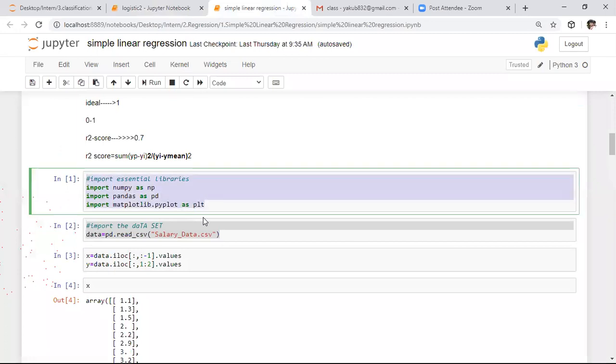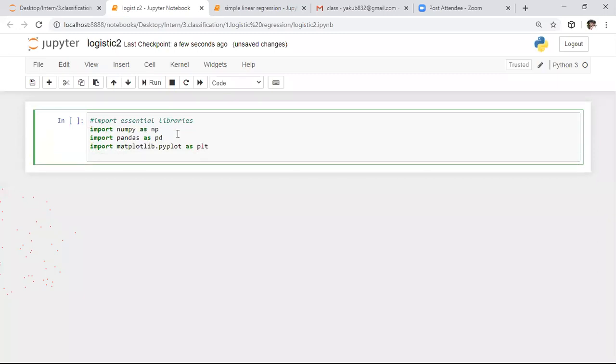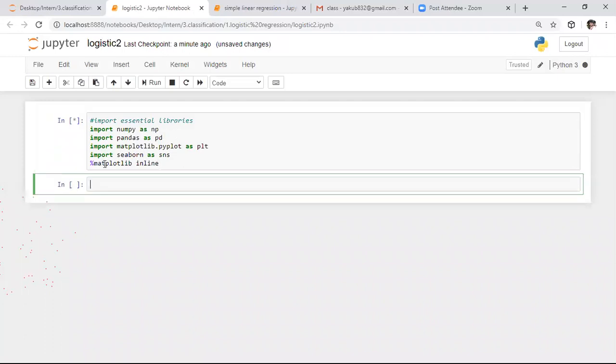In this project, I want to take help of Seaborn also, because I want to perform more exploratory visualization. For that purpose, I'm importing Seaborn also, and here I'm importing the remaining libraries. So I'm importing all the essential libraries. After importing them, we need to import our dataset. To import our dataset, what do we need to say? Here I'm storing that in train data.